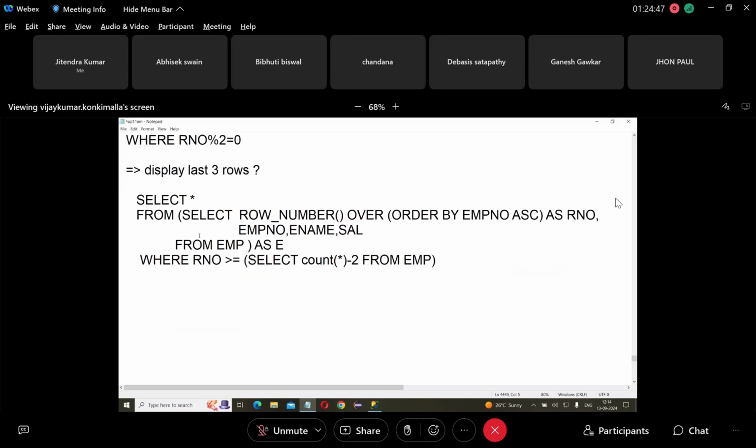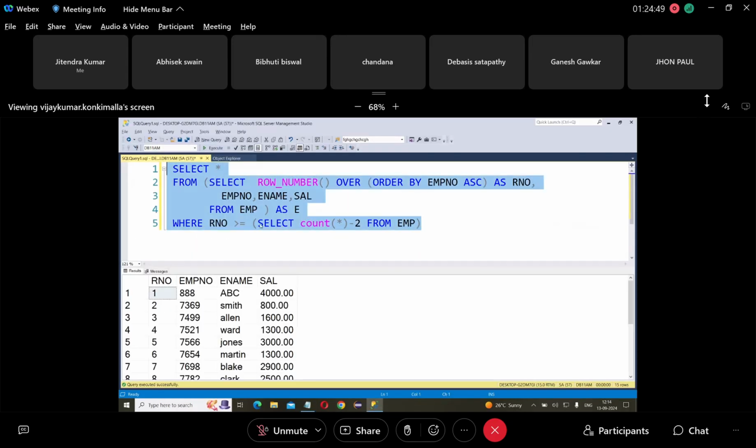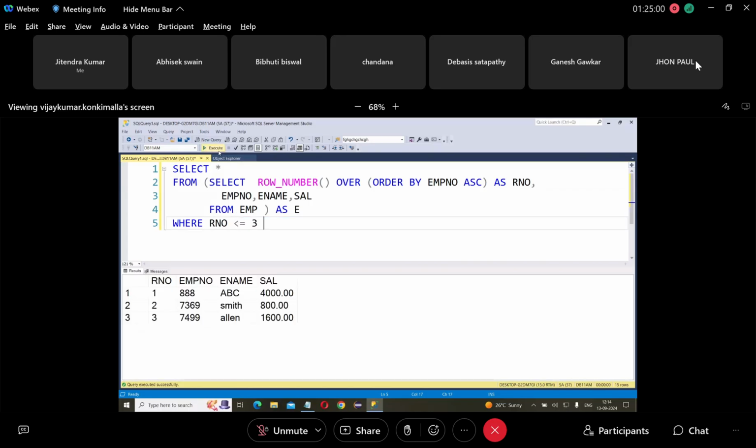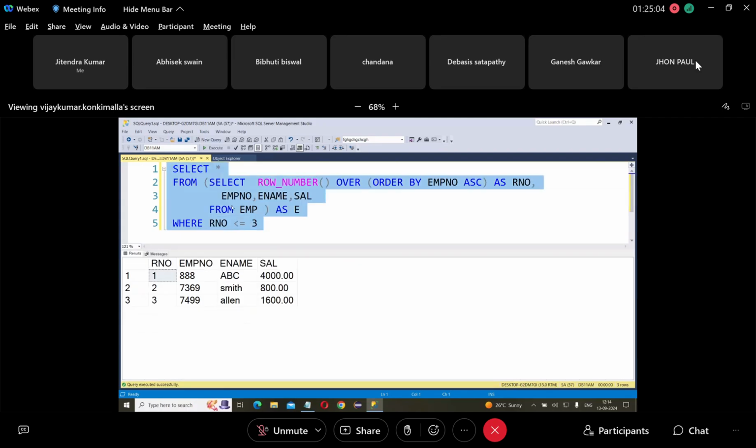Next. Sir, not display, I want to delete. See, row number less than or equal to 3. What will this query show? First three rows from the EMP table. Yes or no? But this query